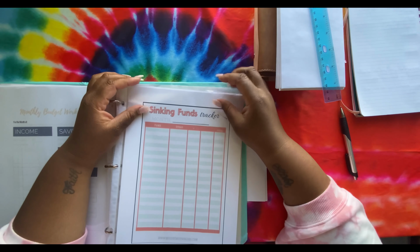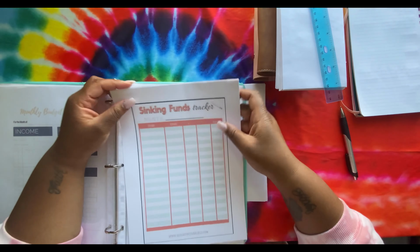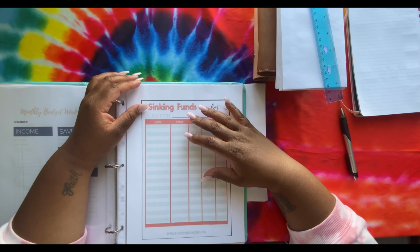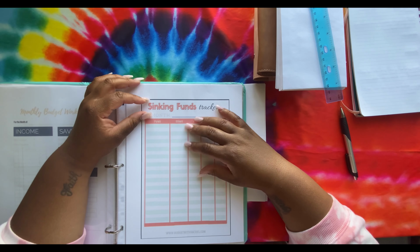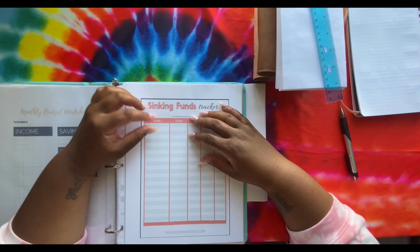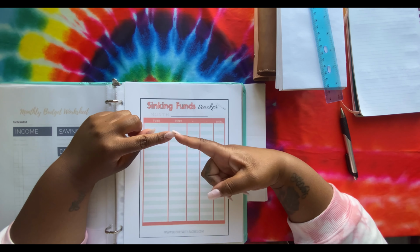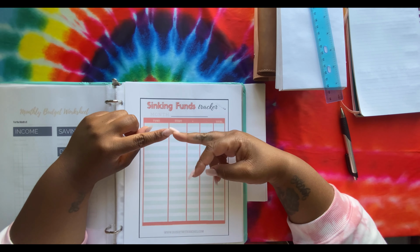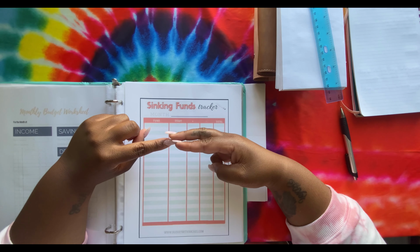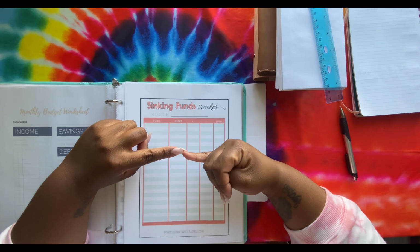Okay, now this is my sinking funds tracker. And if you do not know what a sinking funds tracker is, it is basically a savings account for many different things that you want. So I have a sinking fund for a new place. I have a sinking fund for vacation. I have a sinking fund for car maintenance. I have a sinking fund for my birthday. So pretty much